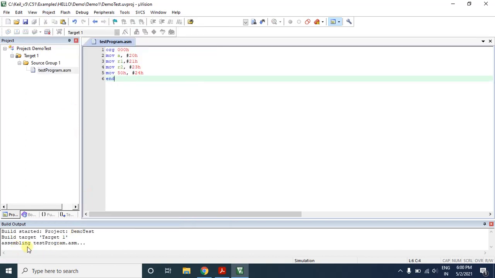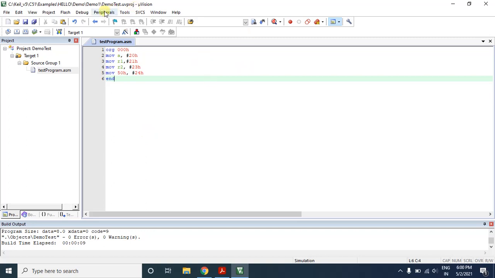Click OK. Now we can see here in the top left corner, it is building the program, it is compiling the program. First it will target and link the file, it will check for the errors. Now in my program there are no errors. Once you find your program has no errors, now we can debug the program step by step.